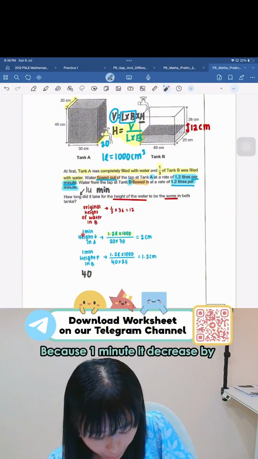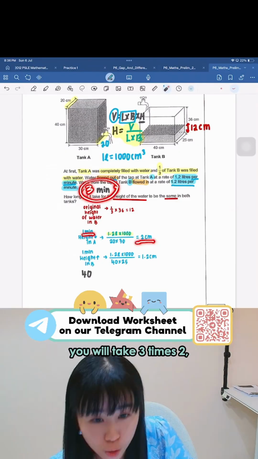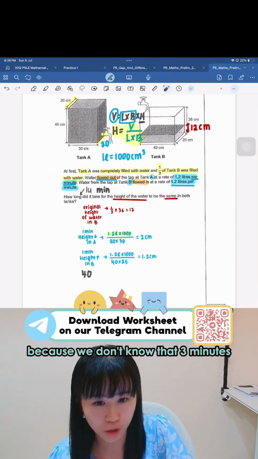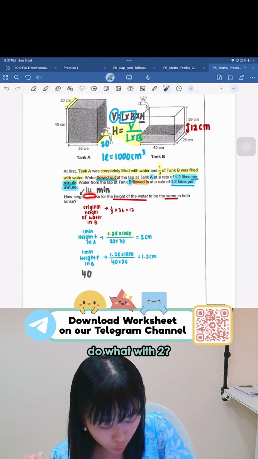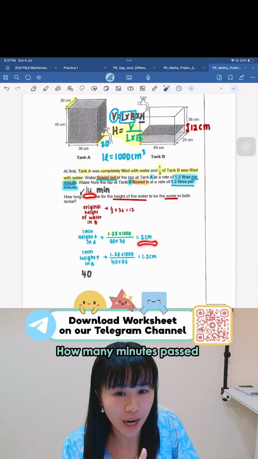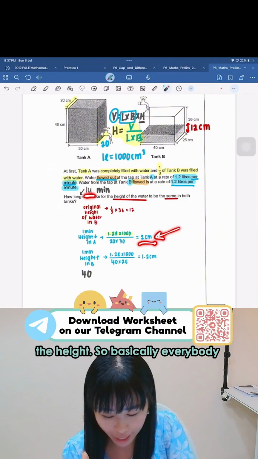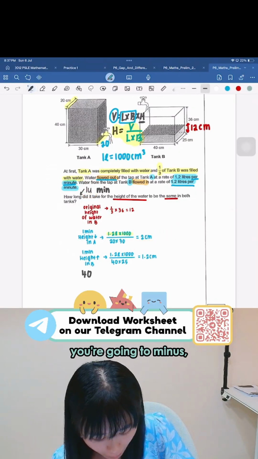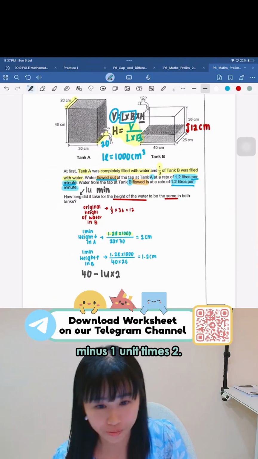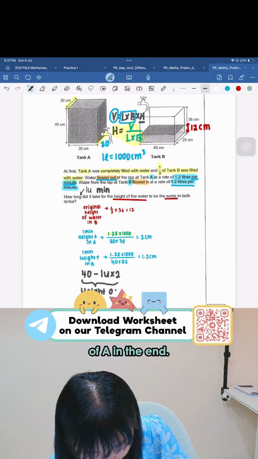Yeah, because in 1 minute, it decreased by 2 cm. Then if it's 3 minutes, you will take 3 times 2, right? You'll decrease by 6 cm. Your times are correct. But now I want you to forget about that 3 minutes because we don't know that. Doing the same approach, you will take 1 unit times 2, everybody? How many minutes pass is how many 2 cm are going to be multiplied, that is how much it will drop. So basically, everybody, you're going to take 40, you're going to minus, this is the hard part, minus 1 unit times 2. That will then give you the height of A